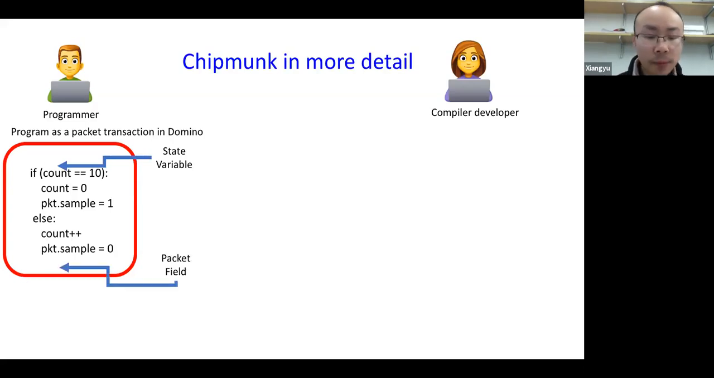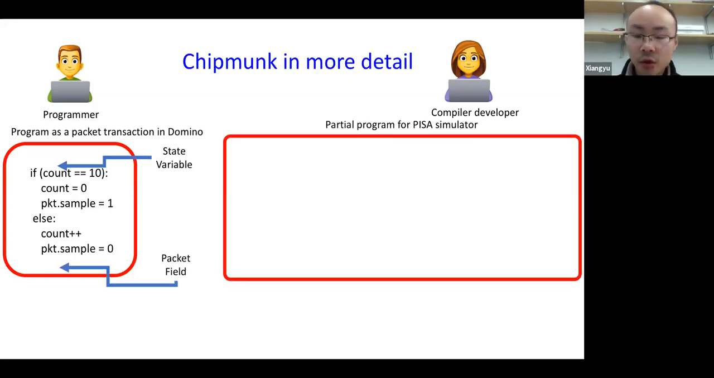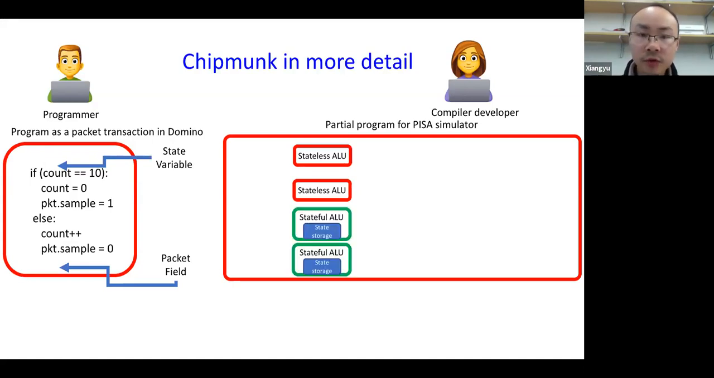So what about the partial program for Sketch? We consider a simplified version of the PISA match-action pipeline. We abstract the effect of these actions on a packet into a two-dimensional grid of ALUs. We have two types of ALUs: stateless ALUs that only manipulate the packet headers, and stateful ALUs that manipulate both persistent switch state and